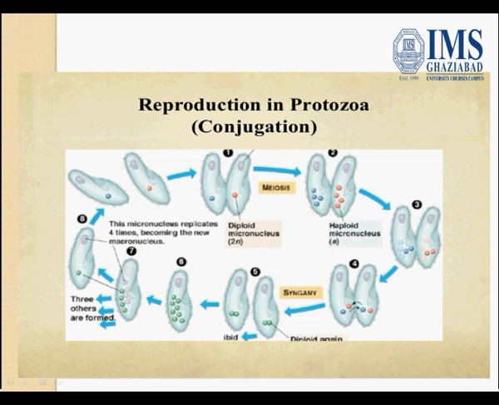This is the sexual reproduction in protozoa, which is conjugation. Conjugation is basically the process in which the two counterparts come together and exchange their genetic material and form the new one. As in this step, we see this is one diploid nucleus. After that, meiosis occurs and various haploid micronuclei are formed. Diploid means the number of chromosomes is 2n, and haploid means the number of chromosomes is n. Later on, they come together with each other, and this process is known as syngamy, and they exchange their nuclei. And further, three are formed from this so that the new ones formed have the genetic material of both the parents.